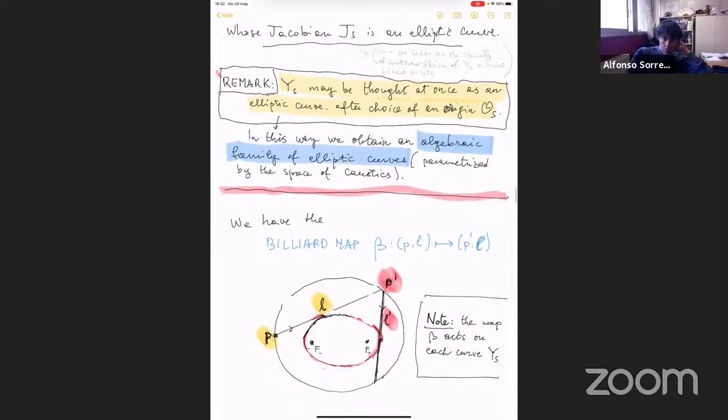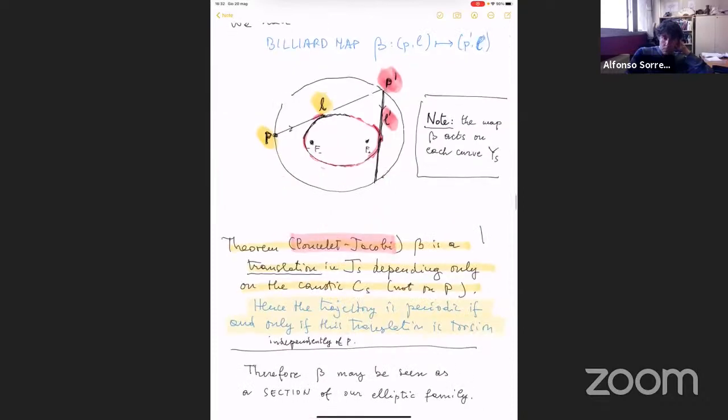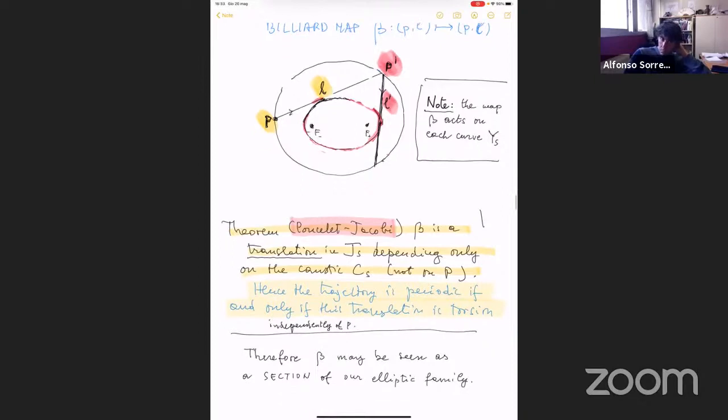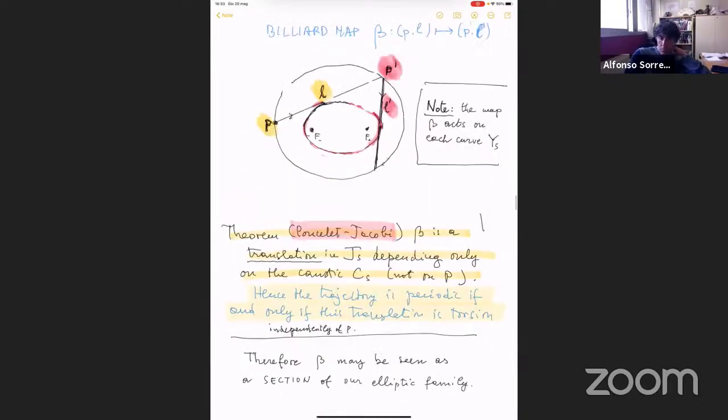And here we have the billiard map. The billiard map associates to the point, the pair in yellow, P, L, the other point in red, which consists of the pair corresponding to the next segment in the trajectory. So this billiard map sends the curve into itself, and a theorem of Poncelet and Jacobi says that this billiard map is a translation